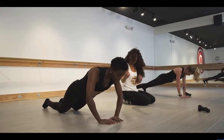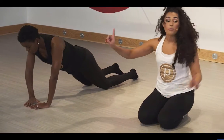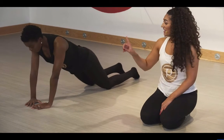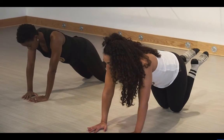Squeeze through the corners of the chest. Last one, down. Yes. Tempo. 1 count. Bend, press, bend, and press. Last 2. Last one. Hold at the top, drop down to the knees, heels to the seat, tuck your hips